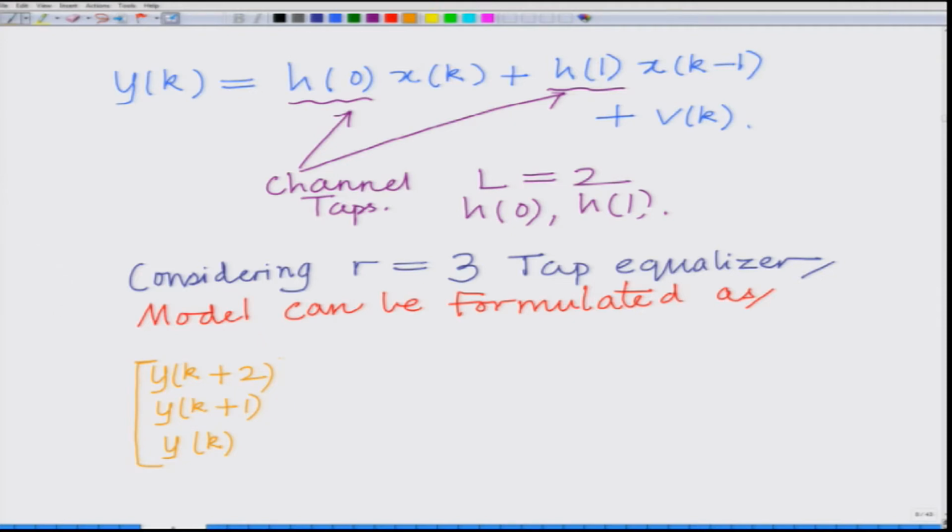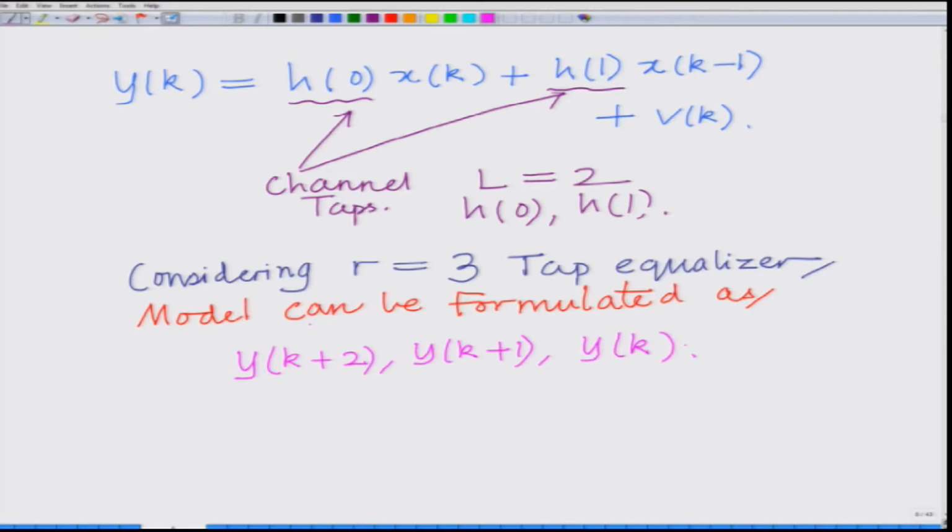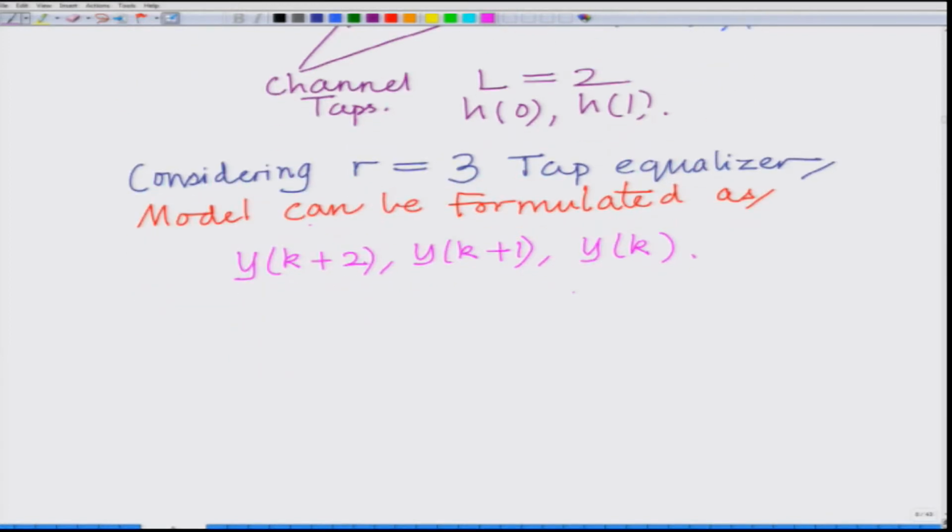yk plus 2, that is, we are considering an R equal to 3 tap equalizer. This 3 tap equalizer is based on the 3 taps acting on the symbols yk plus 2, yk plus 1 and yk. And therefore, the system model at the receiver can be expressed as